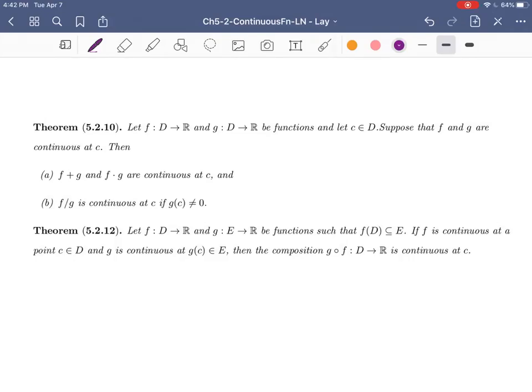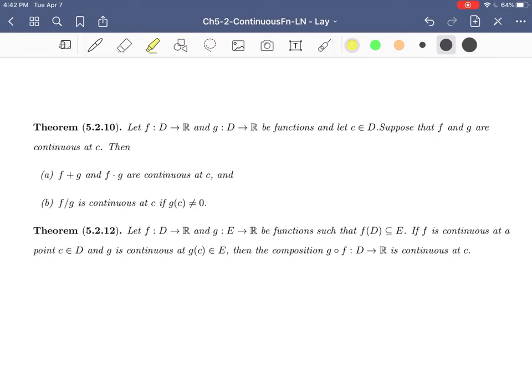So we've taken a look at continuous functions and what it means to be continuous at a point. The next thing we want to take a look at is what happens when we try to combine some continuous functions. And so we have just a couple really quick theorems that we're going to look at. We'll look more at continuity in the next chapter as well. But here let's finish up, let's close out this chapter looking at just a few quick items